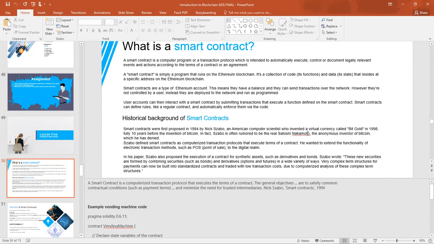He wanted to extend the functionality of an electronic transaction method such as a POS, a point of sale, to the digital realm. So, what does that mean? He wanted to, like, you see the vending machines that are available in cafeterias and everything. That is a basic simple contract whereby you just put the money on the vending machine, and the vending